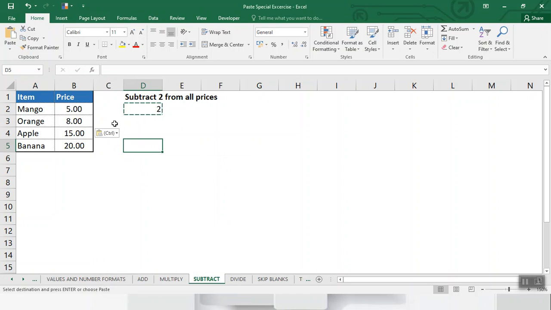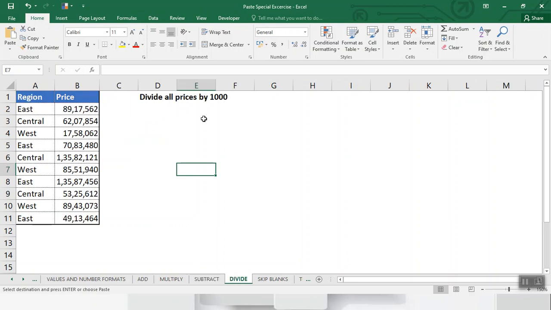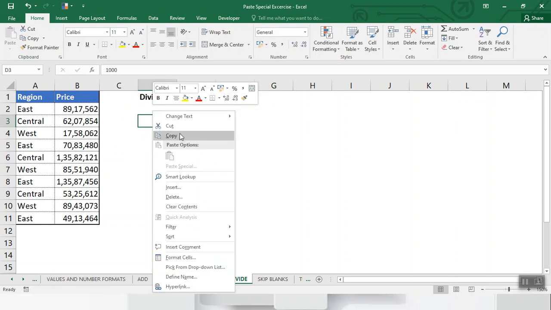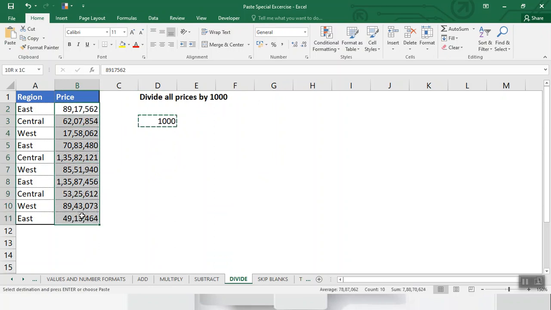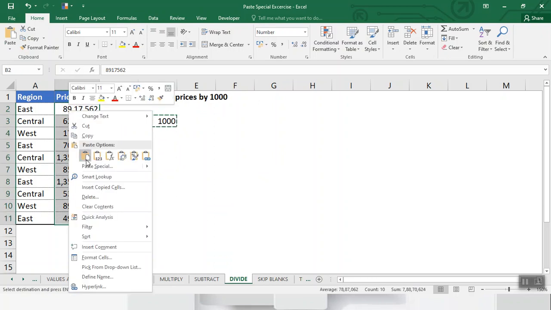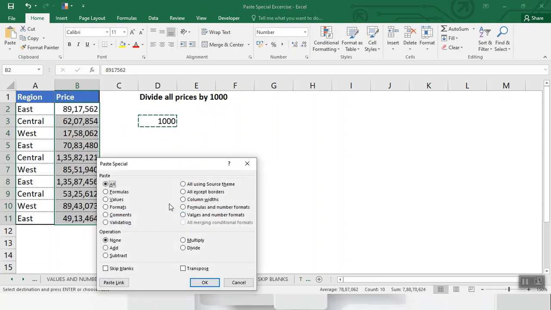It is showing 8. Divide all prices by 1000. So simply type 1000 in any cell, right click, copy, select all cells, right click, paste special, and divide in value.